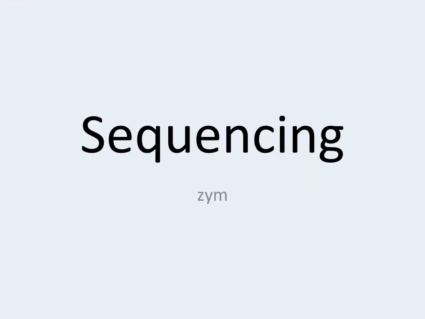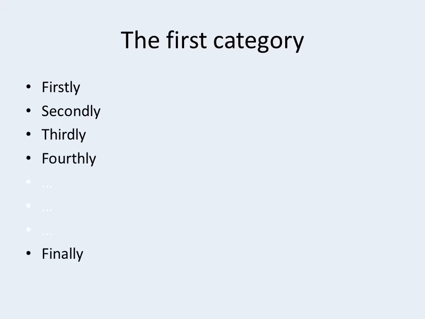Hi there, I want to talk about sequencing in English. We can use sequencing to list a number of things, but in general, the sequencing can be divided into three or two categories. The first category is when we use firstly, secondly, thirdly, fourthly, and finally. For example, we use